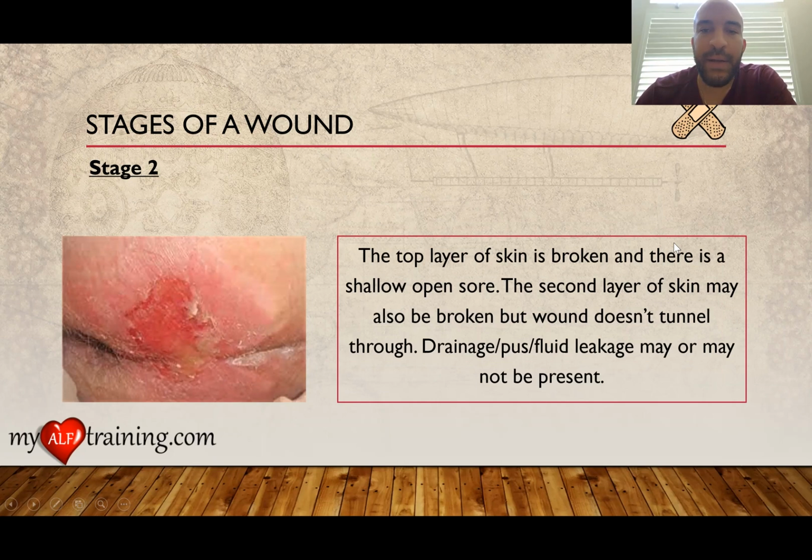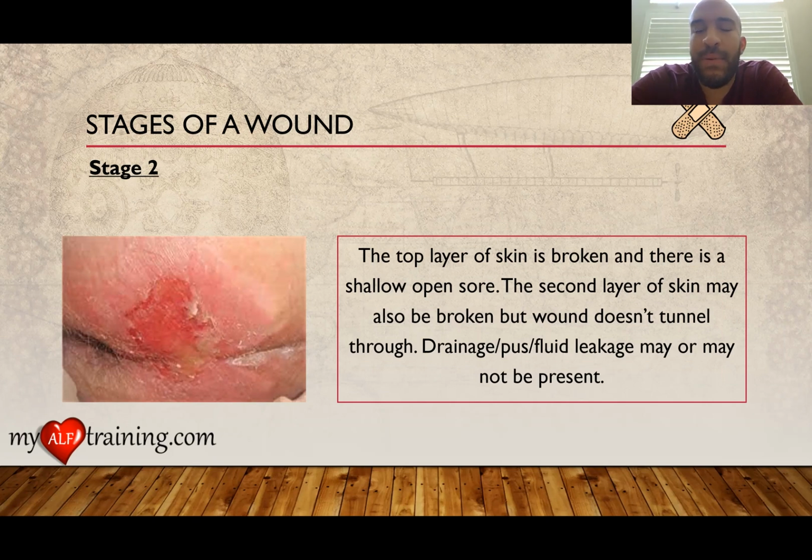The top layer of the skin is broken and there's a shallow open sore. The second layer of skin may also be broken, but the wound doesn't tunnel through. Drainage, pus, fluid, all of that won't be present in stage two. So if you see drainage or pus and it looks like a stage 2,